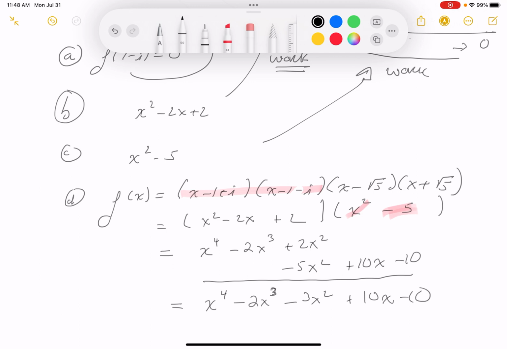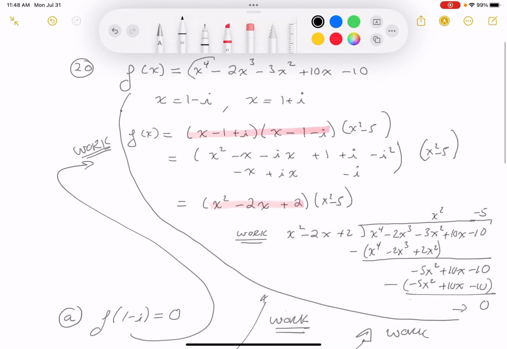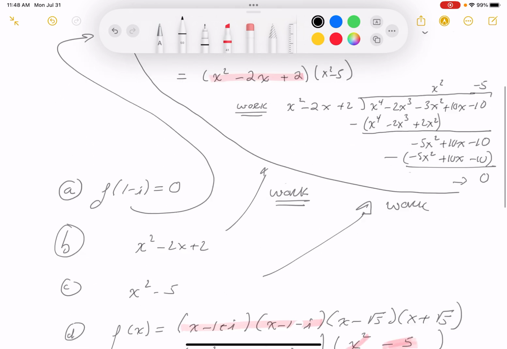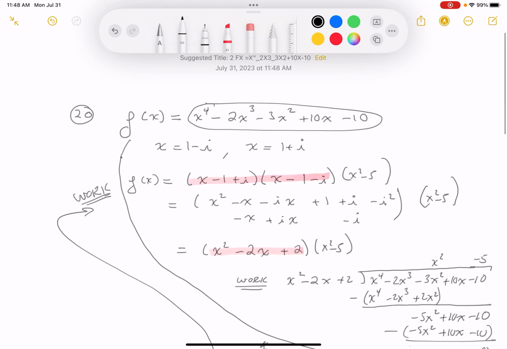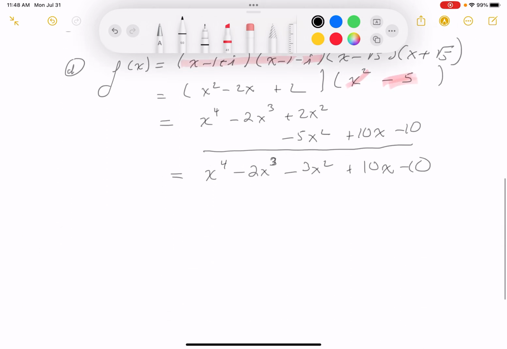And someone said, what are you verifying? That we got the polynomial that we expected to get. What polynomial did we expect to get? We expected to get this one over here. Did we get x to the 4 minus 2x cubed? Yep. Minus 3x squared? Yep. Plus 10x minus 10? Yep. We just verified it. So this part's done. Let's go to